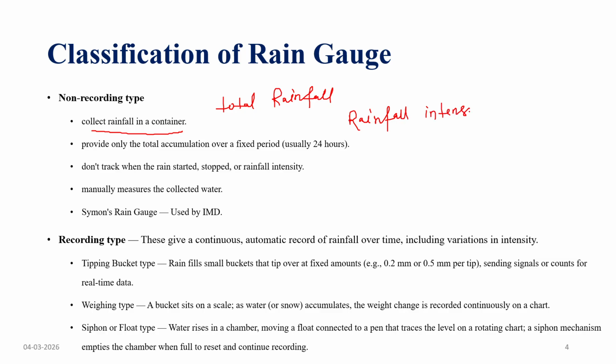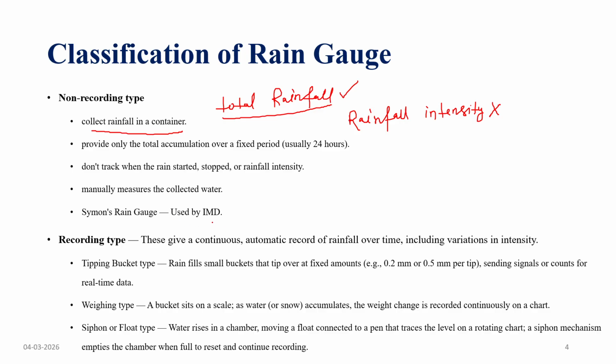The observer manually measures the collected water. In India, this type of non-recording rain gauge, which is also named Symon's rain gauge, is used by the